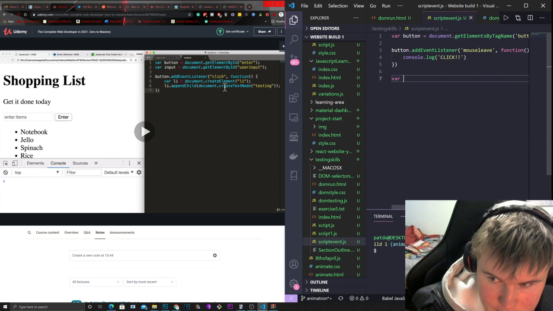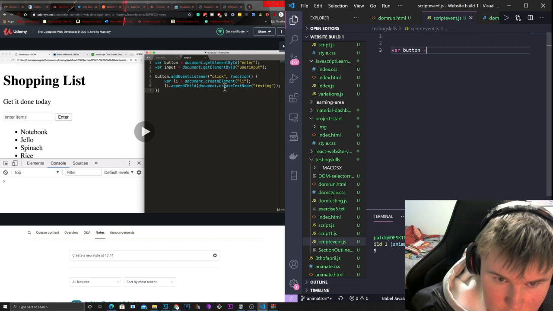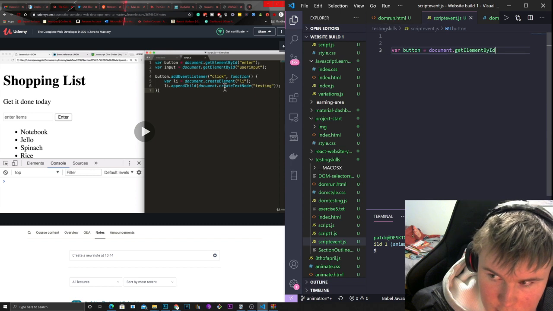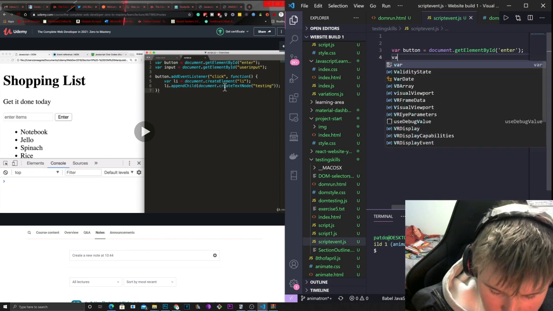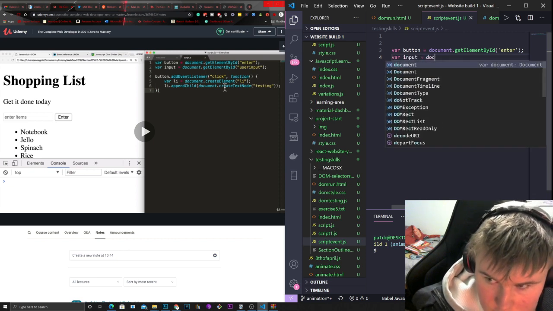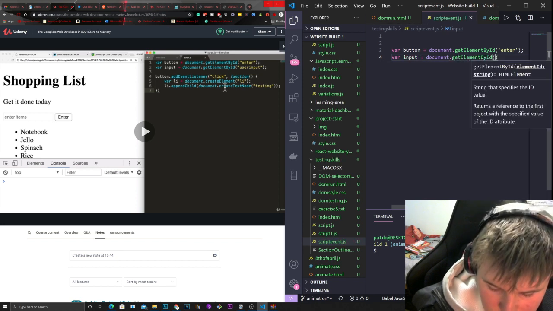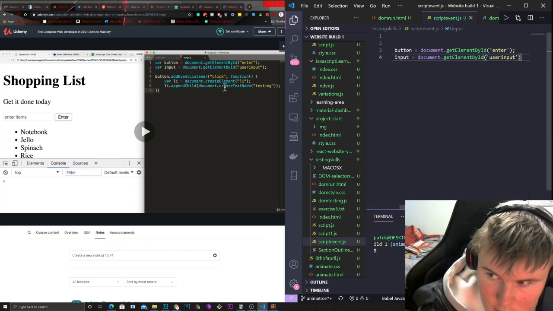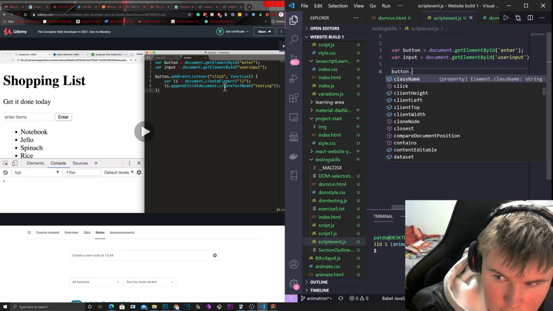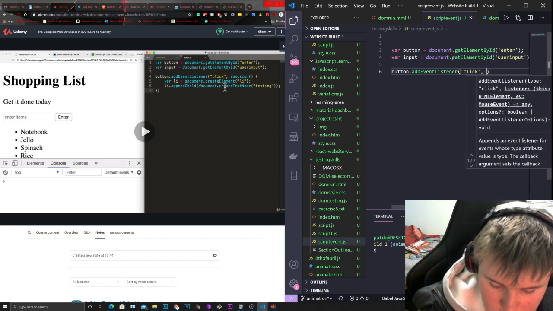So we have var button equal to document.getElementById enter, and we'll do var input equal to document.getElementById of userinput, and we'll link this up on our page in a sec. Then we'll do button.addEventListener click, and we'll run a function